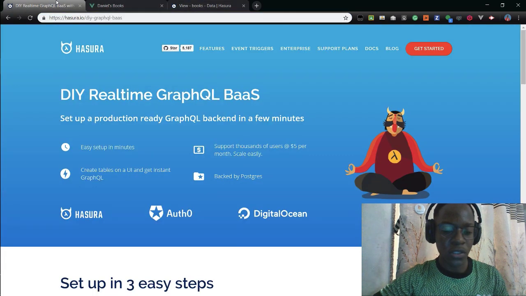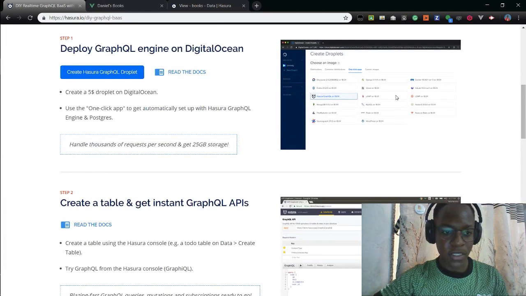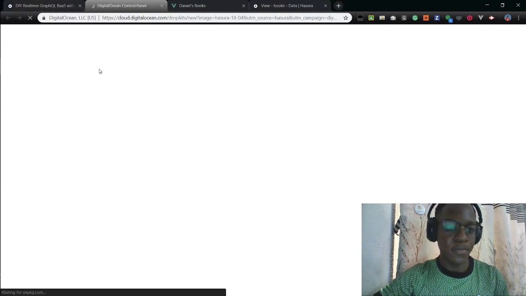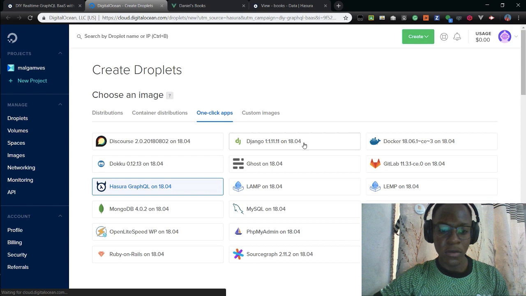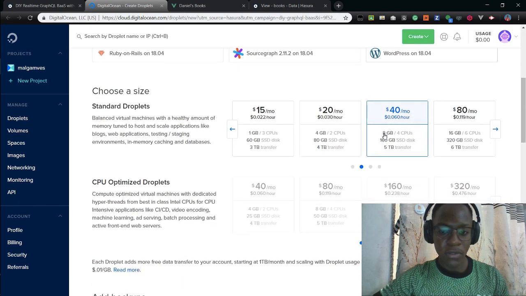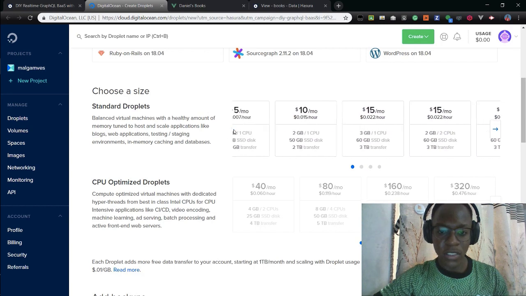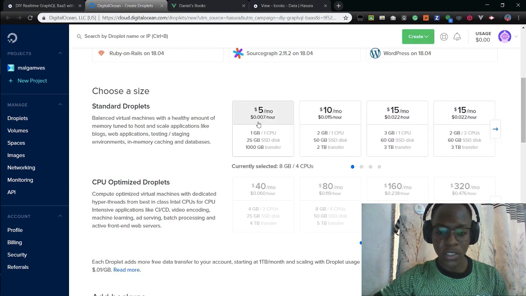So let's create the DigitalOcean droplet in 3 easy steps. We click there, and okay, so we already choose Hasura GraphQL on 18.4. We scroll down, and because this is just for demo purposes, nothing in production, I'll just get the $5 a month package, and then